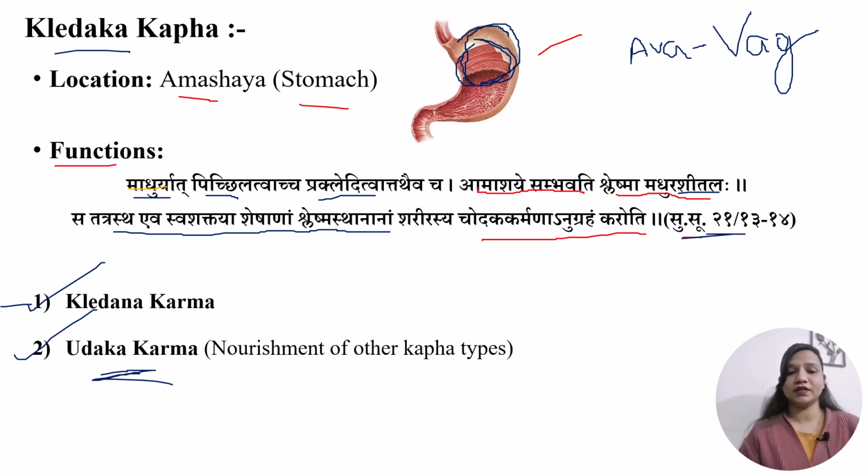So Kledaka Kapha location is Amashay, and it has two main functions. First is Kledan Karma. Kledan Karma means making the ingested food soft and moistened and into a bolus form, so that it can go through the process of digestion properly. And second is the Udak Karma, which means nourishment of the other Kapha Dosha sites. And Kledan Karma we can correlate with the gastric secretion in modern science. Moving on,